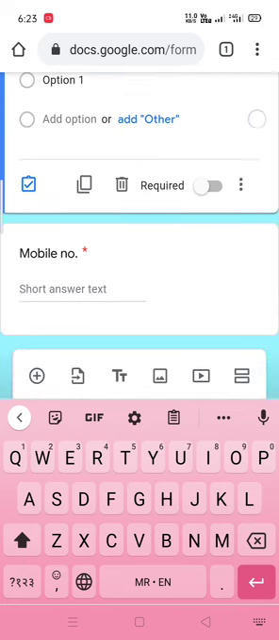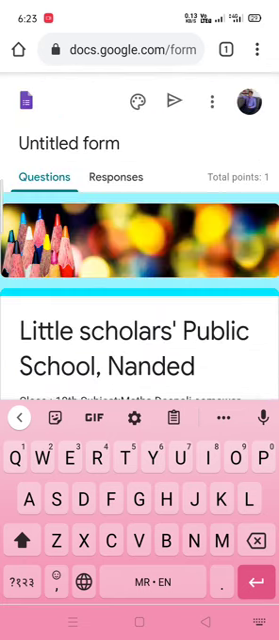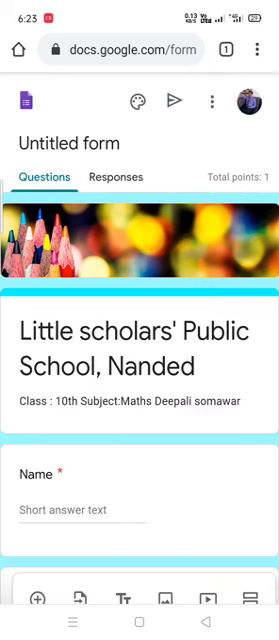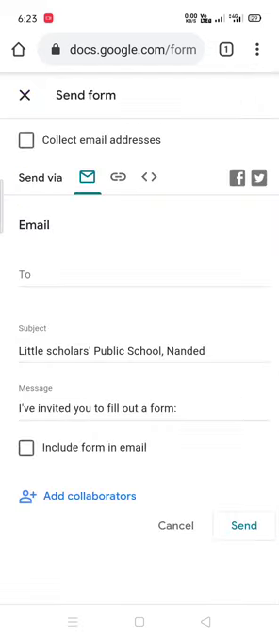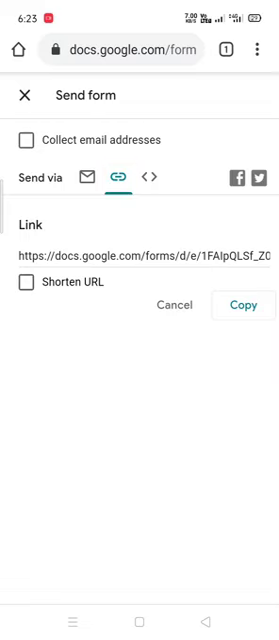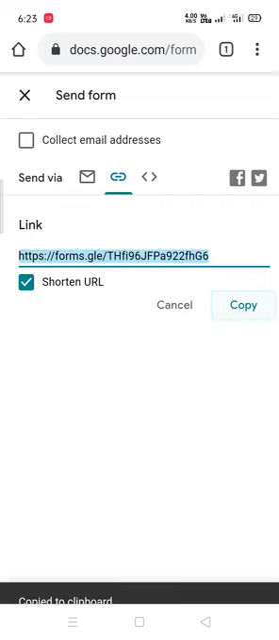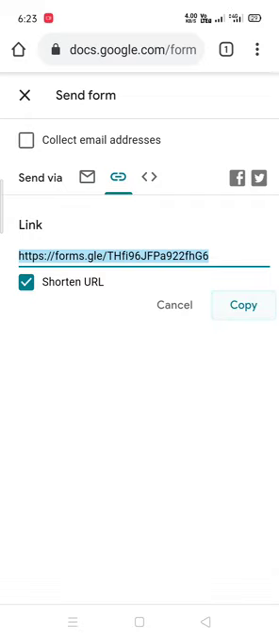You can add your question there. After that, this is how to prepare the question paper, but how to send this question paper to the students? For that we require a link. So click on this arrow button, just as I clicked, then click on this button, this link will be provided, and shorten the link URL, this will shorten, then copy, and this link you have to copy somewhere. After copying the link, go back,